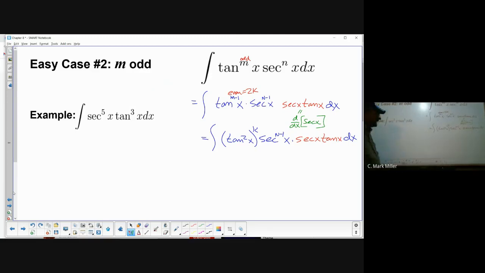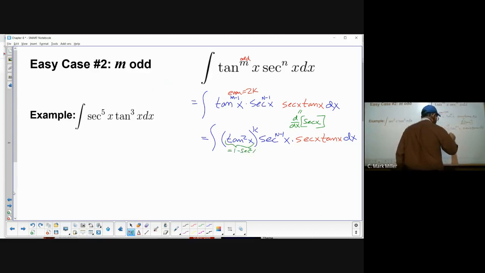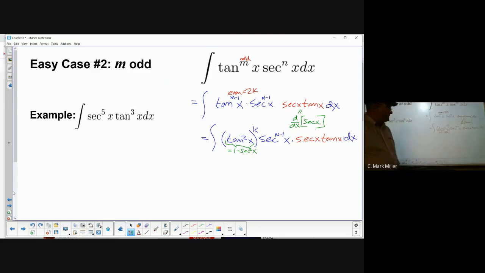So this becomes, what am I going to do with tangent squared? Secant squared minus 1. That's what I'm going to do. That's going to be secant squared minus 1 to the k power. Right, so this is going to be